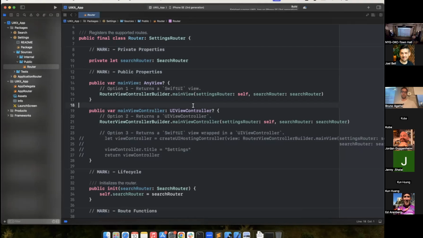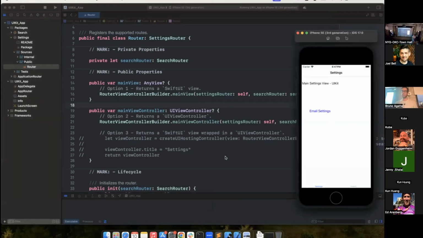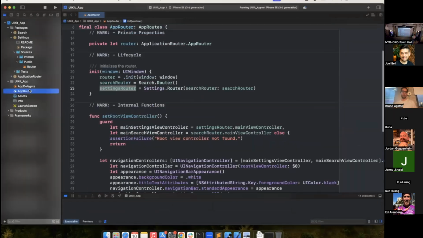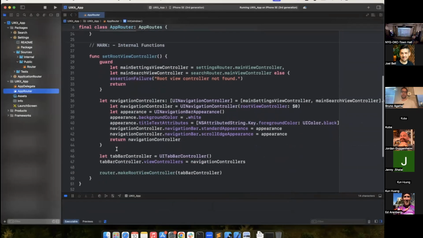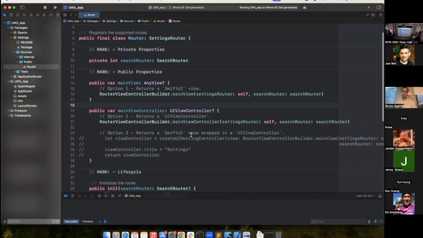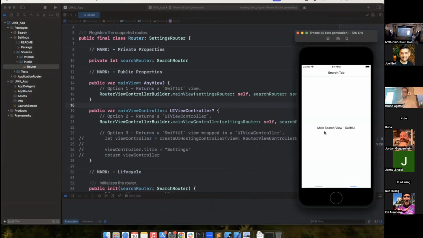So what this does is, let's build the app for the first time here. This is my main view controller for the settings. Here I have the settings and the search, which were initialized in here. This is just the tab bar that I initialized with those two main view controllers. And in this case, I'm just getting this view controller. And if you take a look,